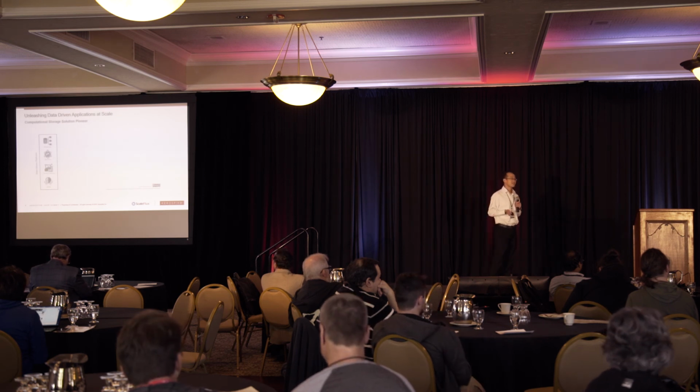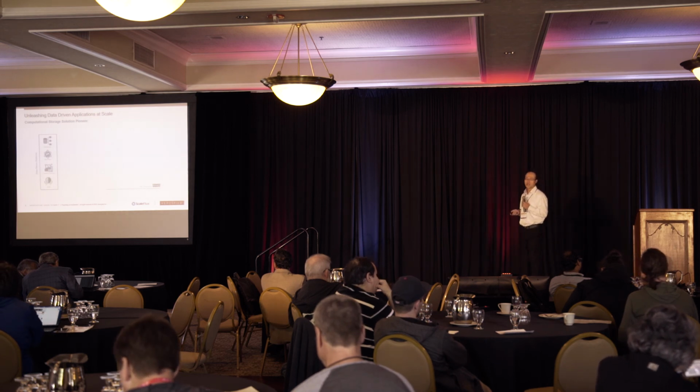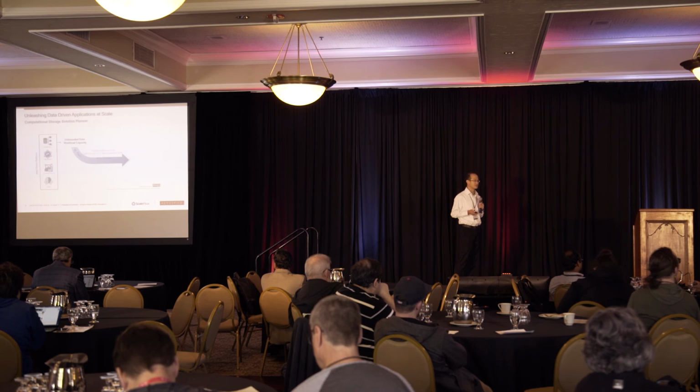So what is computational storage and why does it matter? As we know, for data-driven applications like database, big data, AI, or CDN, there are a few common things. One is there is more and more data. The data is growing exponentially, and we need much faster access to the data. That's why in the market we are seeing more and more PCIe NVMe SSDs together with 3D NAND media. On the other hand, when you have more data, you want to process or compute it much quicker, right? The response time is in high demand. To solve this problem,